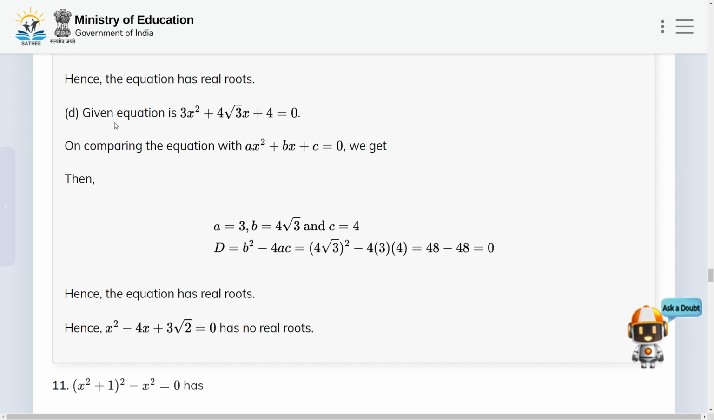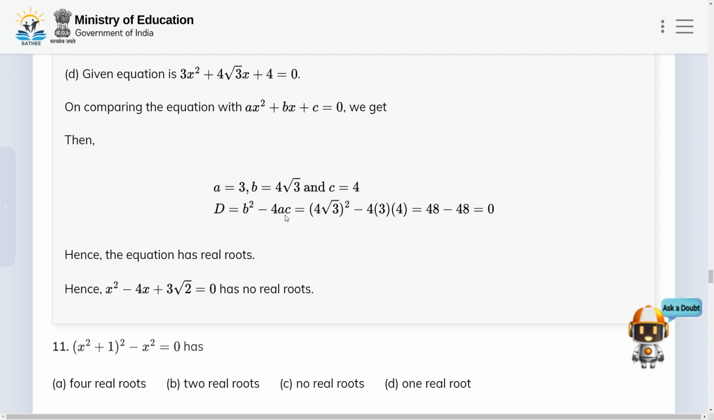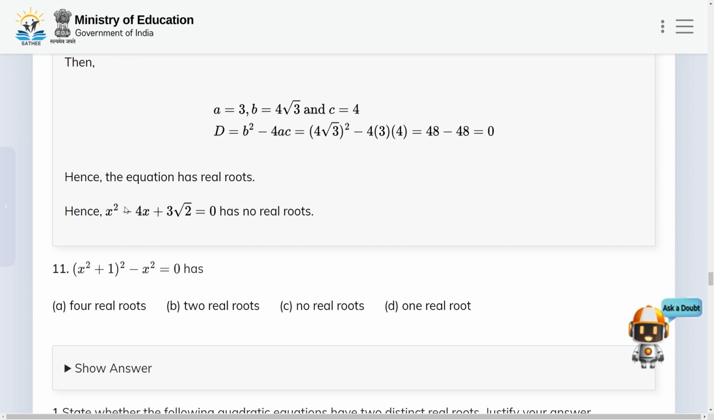And now let us check option number D. Here the given equation is 3x square plus 4 times root 3 x plus 4 equals 0. Comparing with ax square plus bx plus c equals 0, we get a is 3, b is 4 times root 3, and c is equal to 4. So the discriminant d is b square minus 4ac, which is 4 times root 3 whole square minus 4 times 3 times 4, that is 48 minus 48, and this is equal to 0. Hence the equation has real roots,